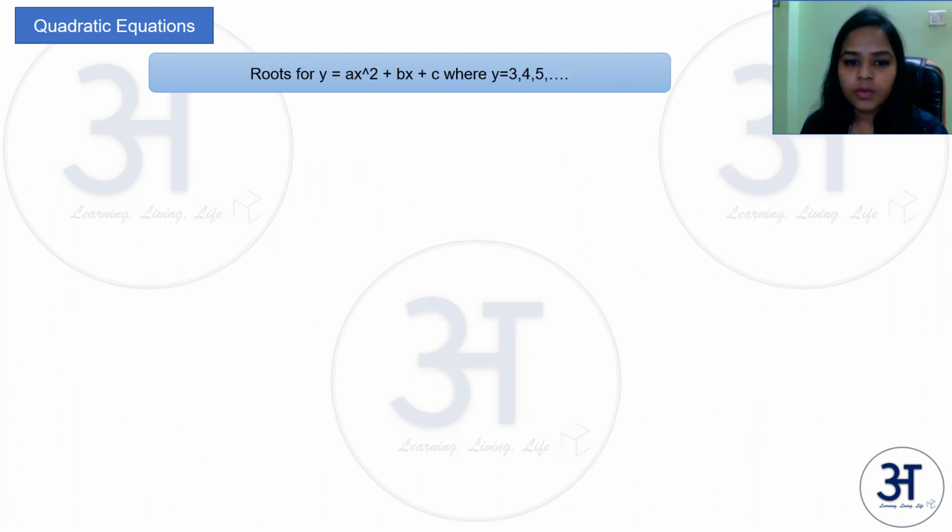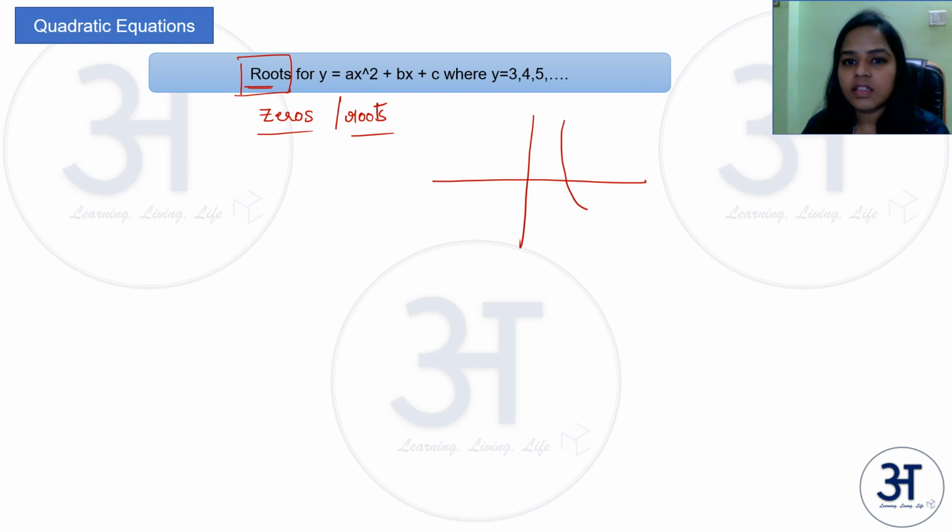Let us now see what roots mean. We have seen in the previous class what zeros or roots are: zeros of a quadratic expression or roots of a quadratic equation. You can go back if you forgot or if you haven't seen it. Once you know the roots, what do they mean graphically? They mean the points where the parabola cuts the x-axis. Why? Because we are representing the quadratic equation as ax square plus bx plus c is equal to y, right?